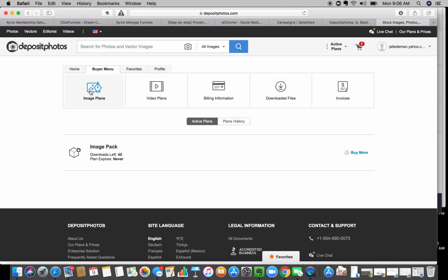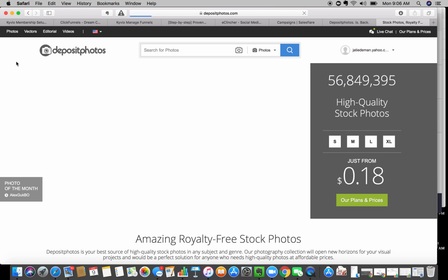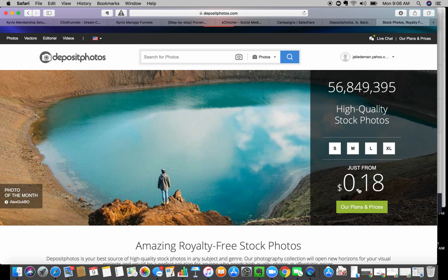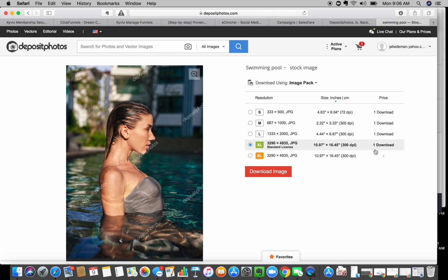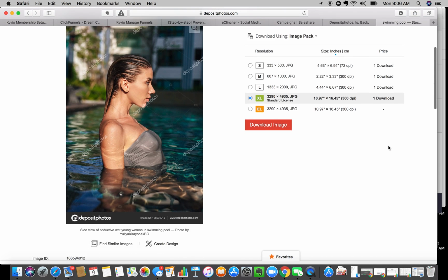Image plans, oh, that's mine now. If I go over here, I think they have some plans, images for just 18 cents. Not quite. Let's pick a photo. So I have downloads available, so it's not even giving me the price point for these because I already have